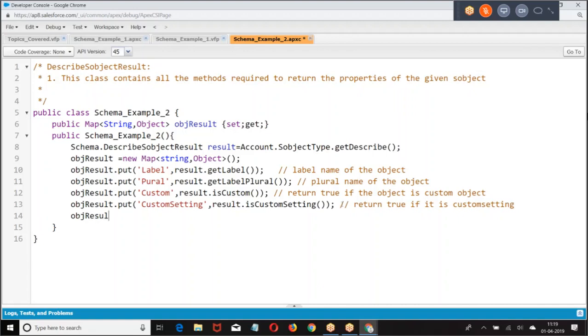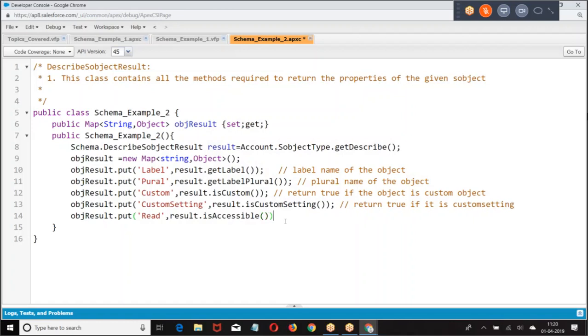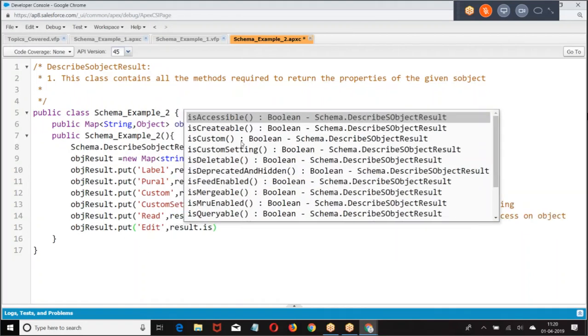Then we have objectResult.put read access, result.isAccessible, which returns true if the current user has read access.